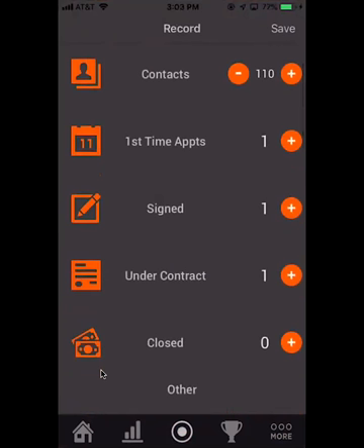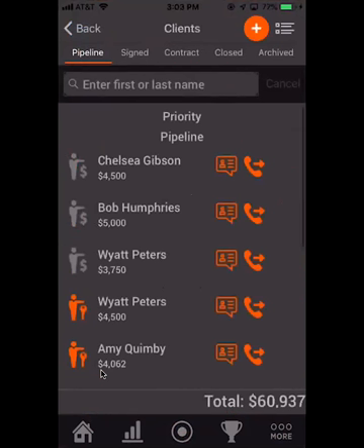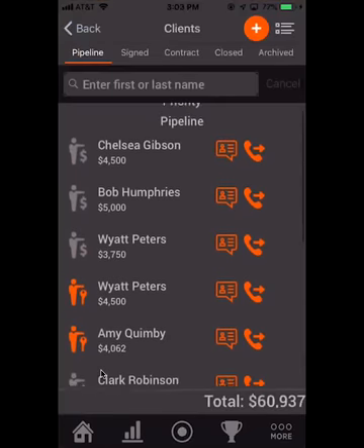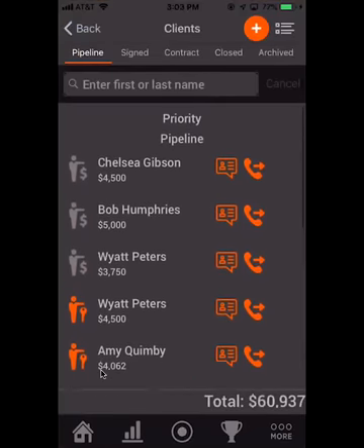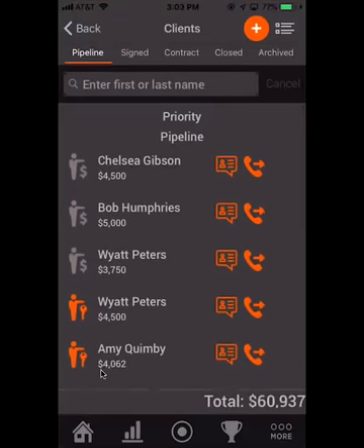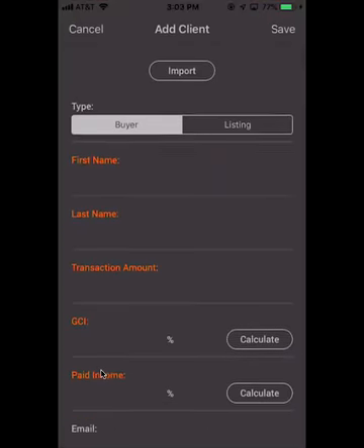So you'll notice if I click the plus button on first-time appointments, it's going to pull up my pipeline because it wants to know who did I go on the appointment with, right? So maybe it's someone that I've already added into my pipeline here. Maybe it's something that's already pulled from your CRM, but you'll want to say who it was that you went on the appointment with, or if they're not in here already, just hit the plus button at the top and say,